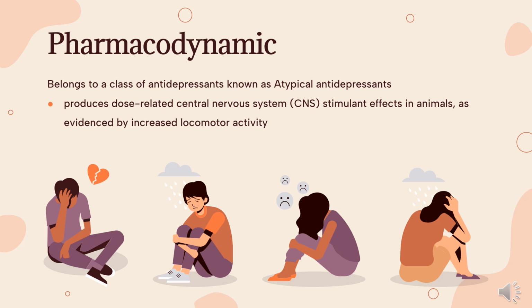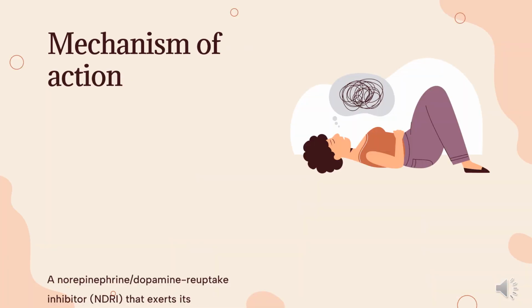Pharmacodynamics. Bupropion produces dose-related central nervous system (CNS) stimulant effects in animals, as evidenced by increased locomotor activity, increased rates of responding in various schedule-controlled operant behavior tasks, and, at high doses, induction of mild stereotyped behavior. Due to these stimulant effects and selective activity at dopamine and norepinephrine receptors, bupropion has been identified as having an abuse potential. Bupropion has a similar structure to the controlled substance cathinone, and has been identified as having mild amphetamine-like activity, particularly when inhaled or injected.